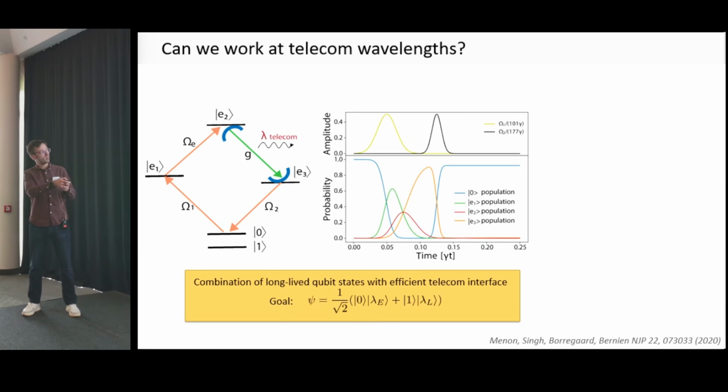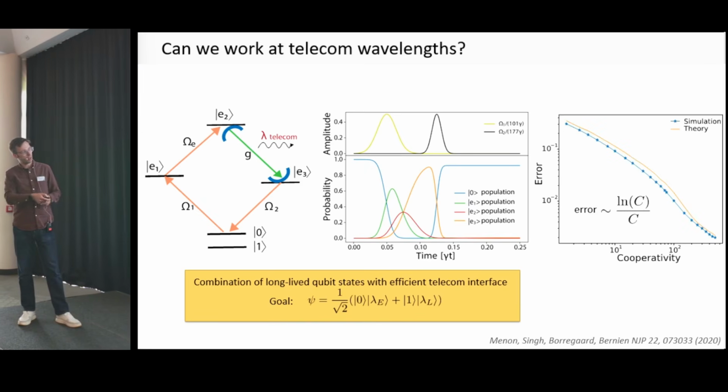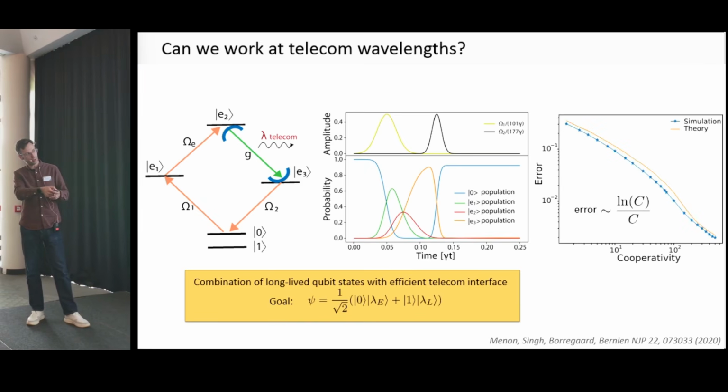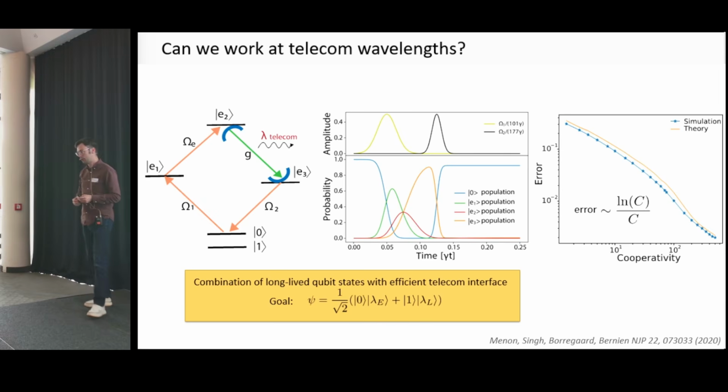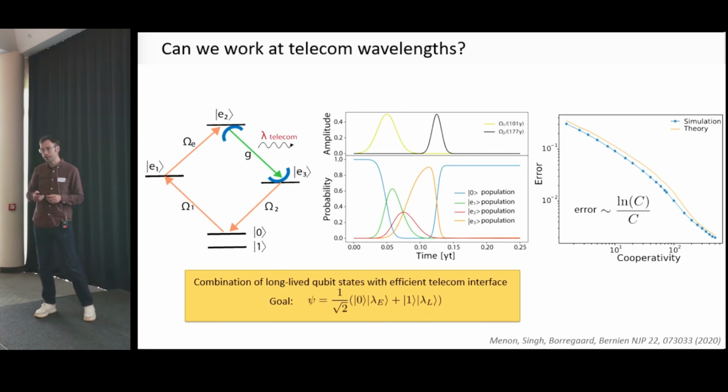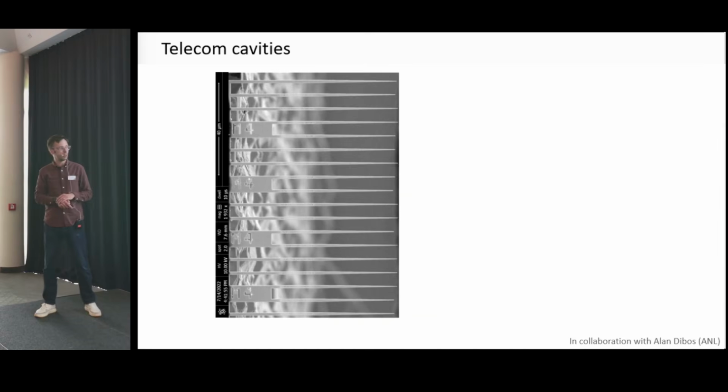Here you do short pulses, these are the optical pulses, and here you see the populations as they evolve as you travel through. The details are not so important. You start in the ground state here in blue, you go on a round trip and you come back. Of course there are some decays and some infidelities, but we analyzed this error, and of course the error scales with how strongly you can couple. We expect that we can couple with cooperativities of tens, maybe 100, and then you can get the error down to percentage levels. So this would be really compelling, and this really compelled us to actually make this a reality.